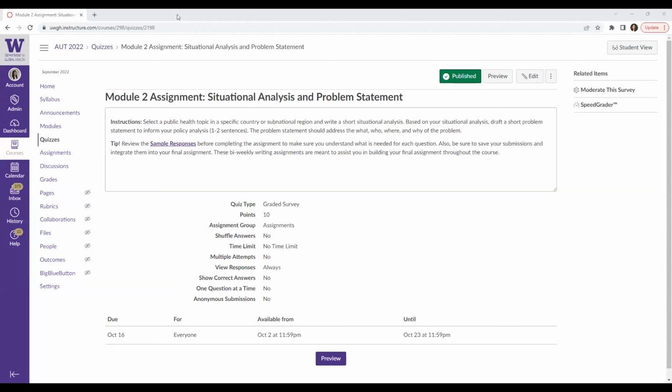One note about that: sometimes it takes a little while for your higher grade to be saved. So if you don't see the higher grade in the gradebook immediately, don't panic. It will update. It always does. Sometimes it just takes the system a little bit longer. And again, if you take the quiz the first time and you do well on it, you don't have to take the quiz again. There's no requirement that you take it twice.